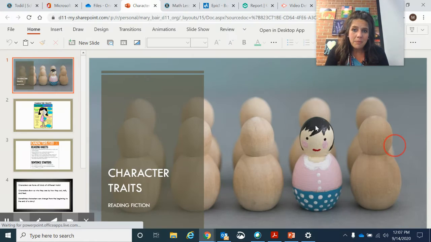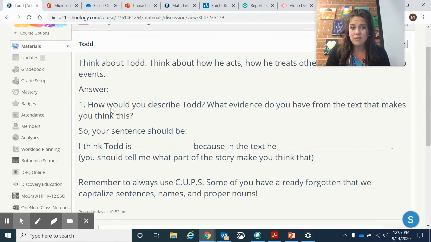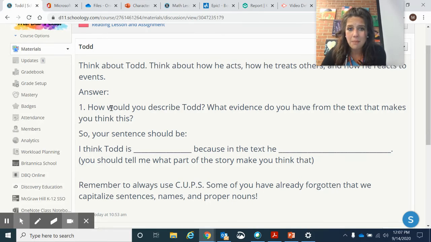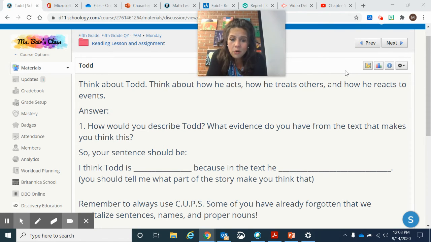Now think about what happens in Chapter 5 of the story. Think about all the things that happened to Todd. A lot of things happened to him, and he always seems to be getting in trouble. So I want you to think about that. Is Todd a bad kid, or is Todd just unlucky? Is he brave? Is he kind? Is he shy? Is he dumb? Joy calls him dumb, and he said that he can't read. So is he dumb? Think about what kind of character he is, and then write me a sentence.